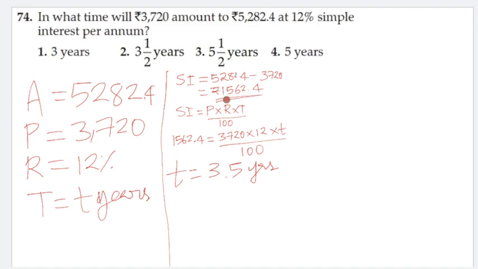1562.4 as our simple interest. Then applying it into this formula, that is simple interest is equal to principal amount multiplied with rate of interest multiplied with the time taken divided by 100, on solving this we will get the time taken. So that is 3.5 years. Now moving to the next question,